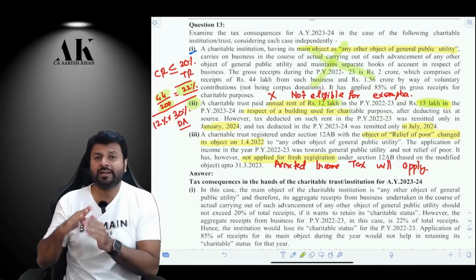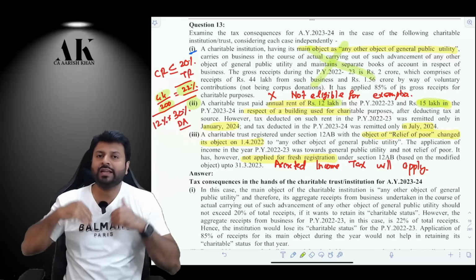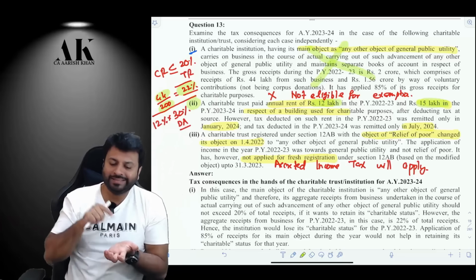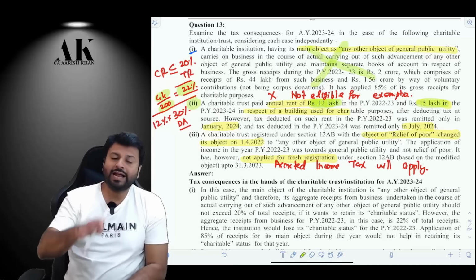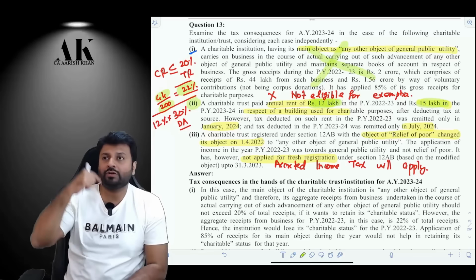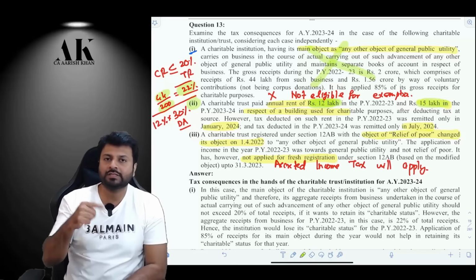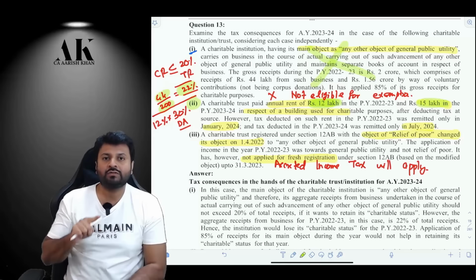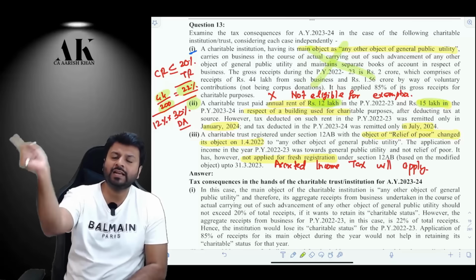And for both the rent, they are deducting TDS in the next year. So if for both the rent, they are deducting TDS and making payment in the next year, then for the 12 lakhs rent, you have to disallow 30% in the current year because for 12 lakh, you are making payment in the next year. So on 12 lakhs, 30% comes to 3,60,000. That 3,60,000 will be disallowed in the current year. And because it is paid in the next year, it will be allowed in the next year.